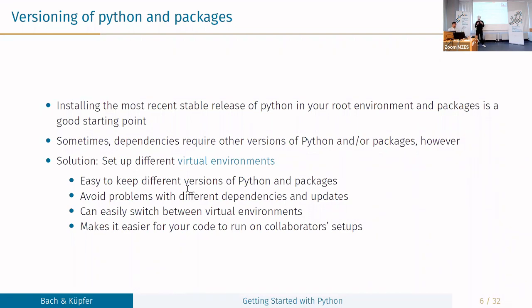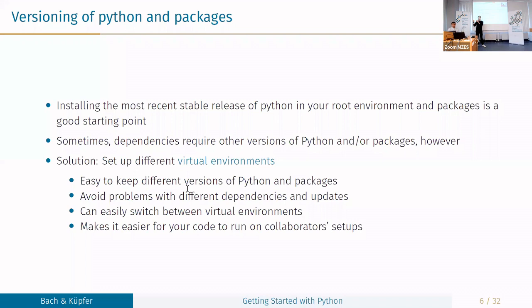Well, I already talked about these different virtual environments. You have one root environment, which is basically your main Python installation. And if you now want to start a new research project, you would set up a new virtual environment, which contains a completely isolated version of Python. And if you want to install some packages, you install them into this virtual environment.